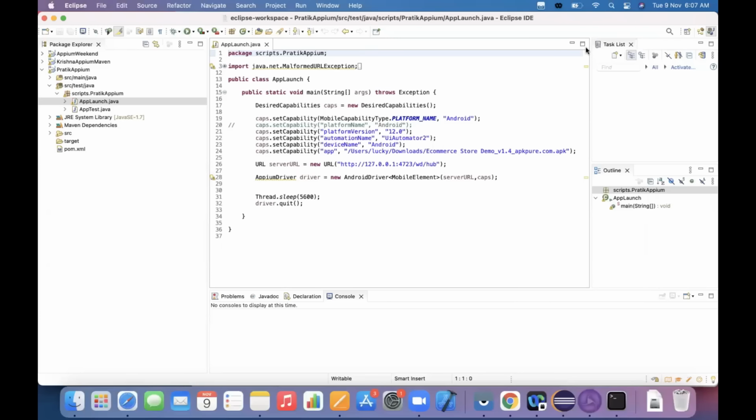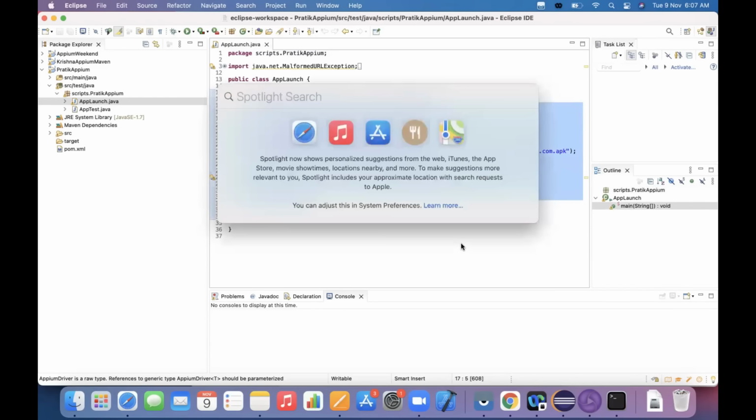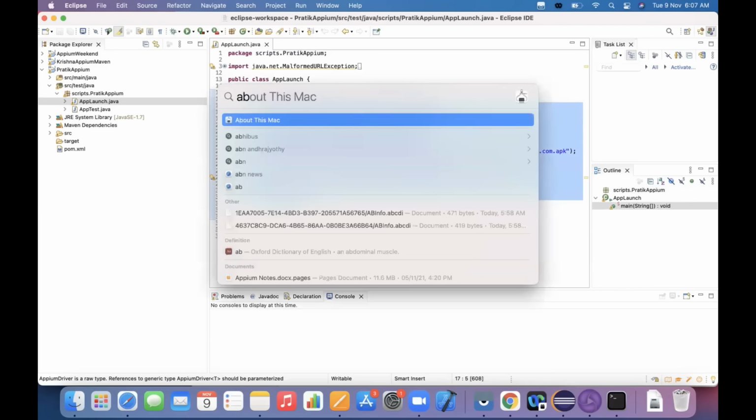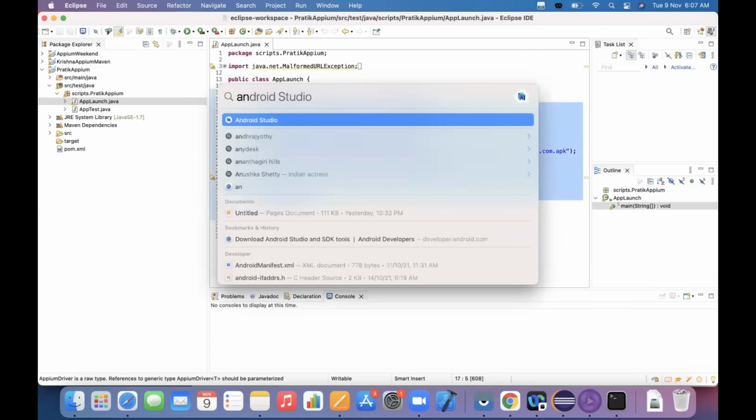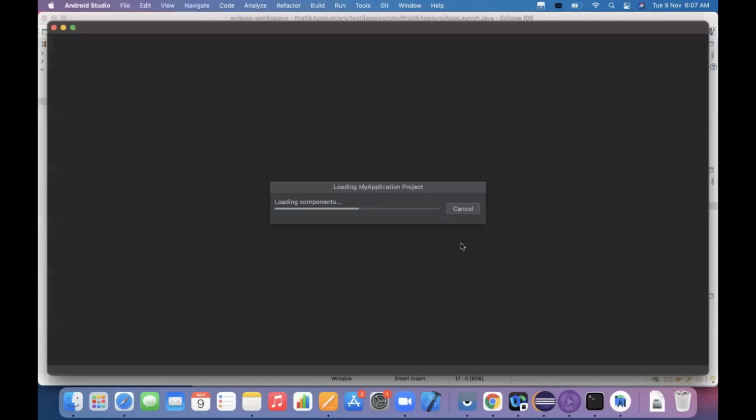If you see, basically, we have created a program to just launch the app itself, right? On top of it, we didn't perform any further operations on that app. So what I want to do now is launch my emulator, and on that emulator,